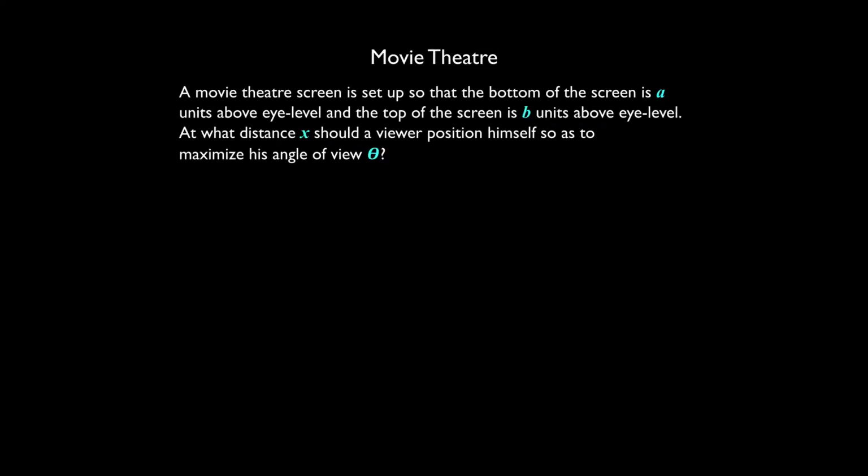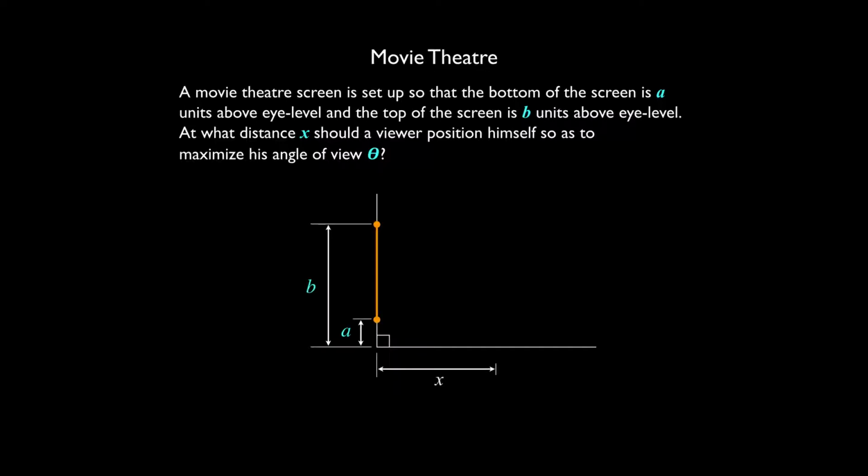We have a movie theater screen that is set up so that the bottom of the screen is A units above eye level, and the top of the screen is B units above eye level. Now, we're trying to figure out at what distance x should a viewer position himself so as to maximize his